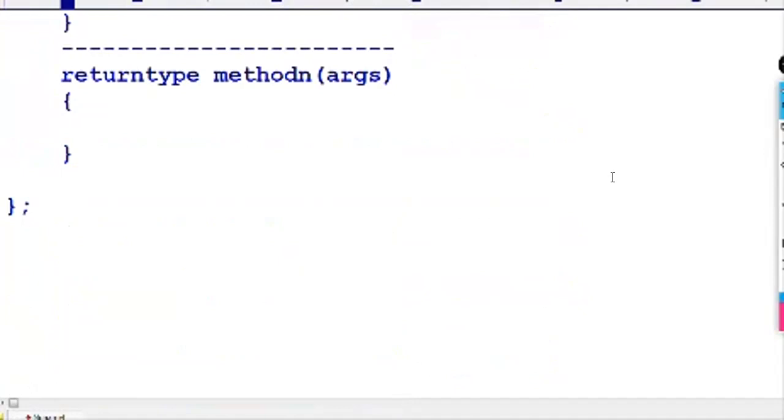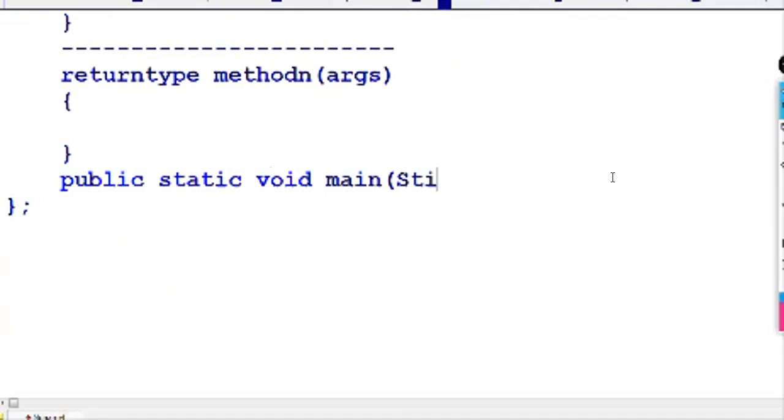Finally we implement the main method. The main method has the public access specifier and the static keyword, followed by void and then main. In Java, main takes string-type arguments. These are the command line arguments, which we will learn later, and this is the implementation of the main program.